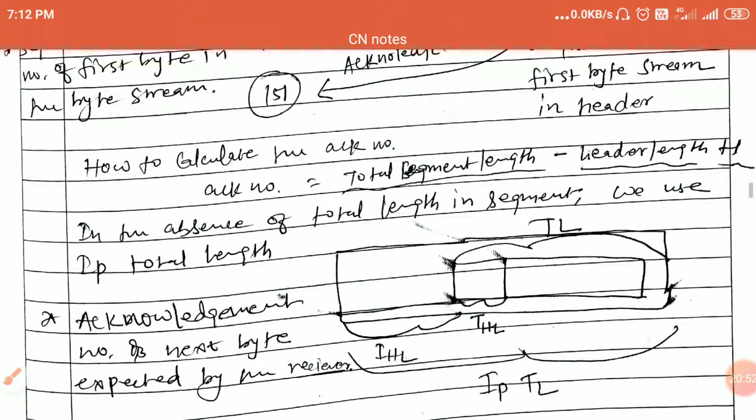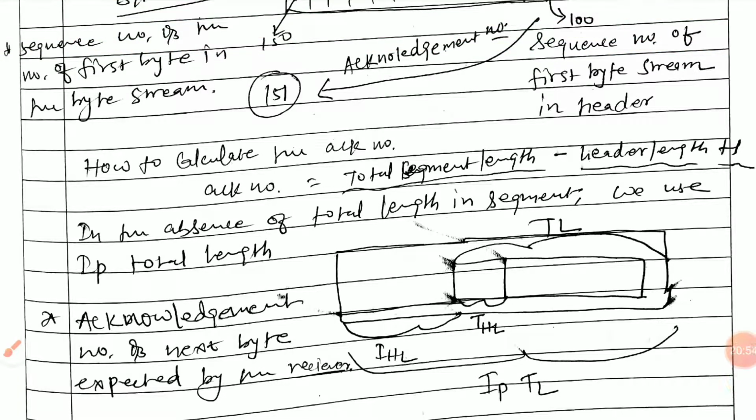Now the next question is how to calculate this acknowledgement number. To calculate the acknowledgement number, I need to know the last byte of the data part.